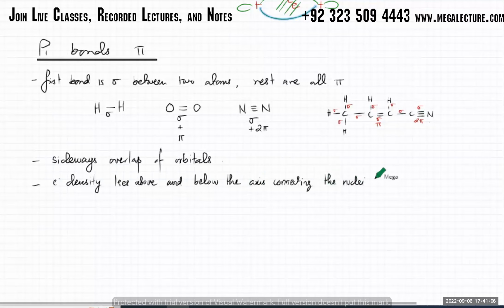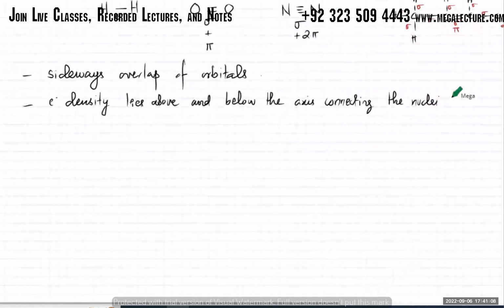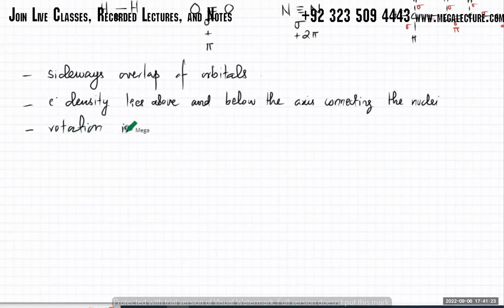As a connecting the nuclear and not in the middle. Third thing is, okay, rotation is restricted around a pi bond. Because that's the third thing. Anyways, let's make a pi bond. So,